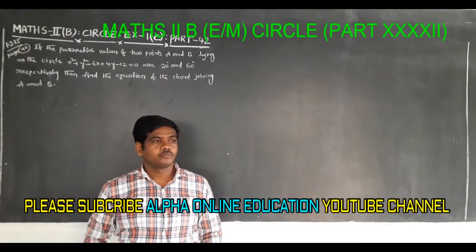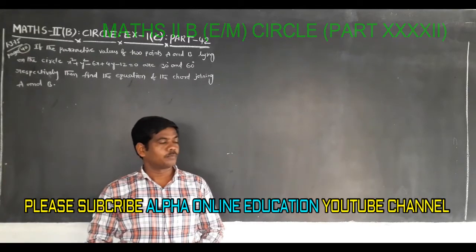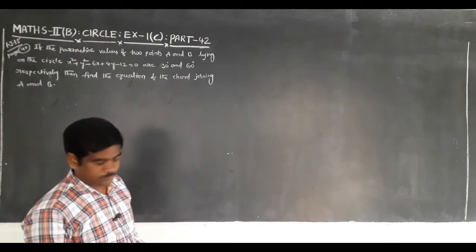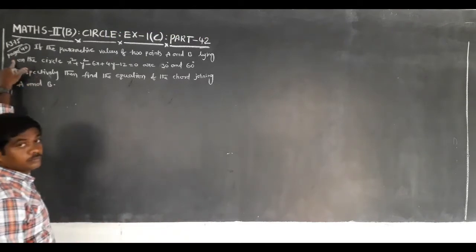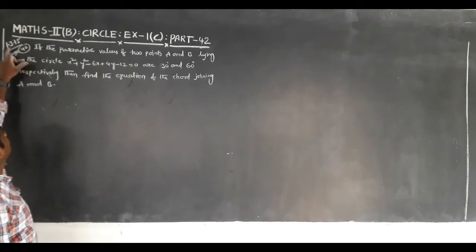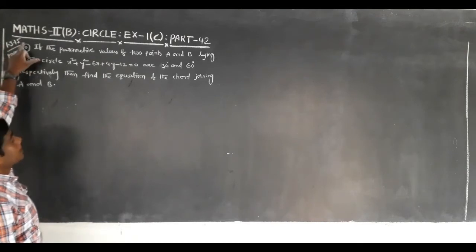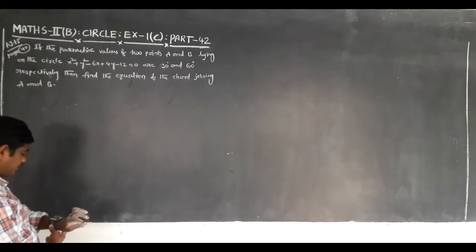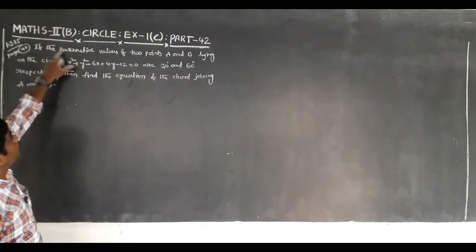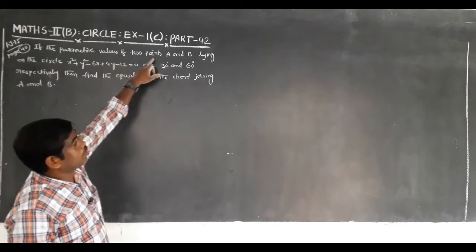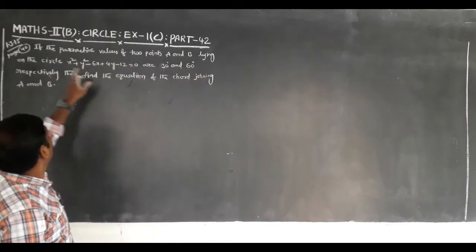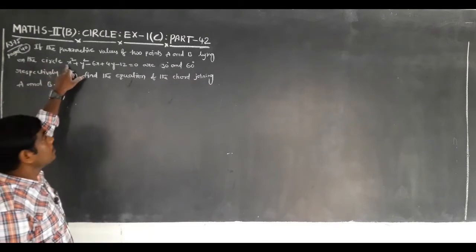Today we solve one example problem, page number 40, 1.3.15. If the parametric values of 2 points capital A and capital B lying on the circle x square plus y square minus 6x plus 4y minus 12 is equal to 0